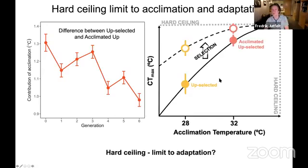The way we view it now is that there is some form of hard ceiling, which is very difficult for evolution to tackle. And then there's genetic variation in the population that allows adaptation, allows evolution to occur over generations. So this is the starting generation, and then with selection we increase this up to a higher thermal tolerance. But the acclimated ones, this is the acclimation temperature down here. The acclimated fish, if you acclimate them to 32 degrees, are closer to their hard ceiling. So evolution and acclimation have less room